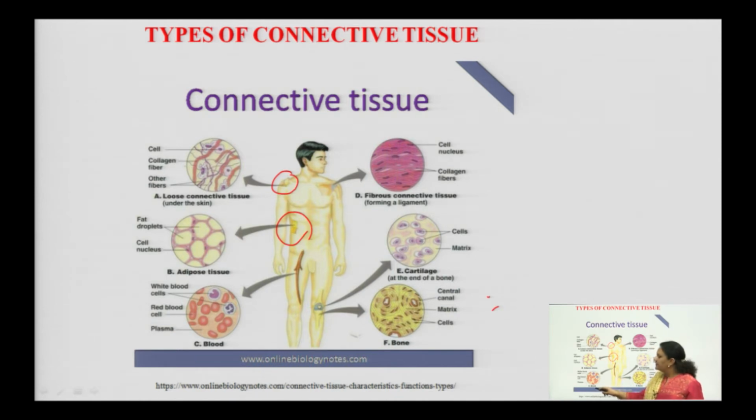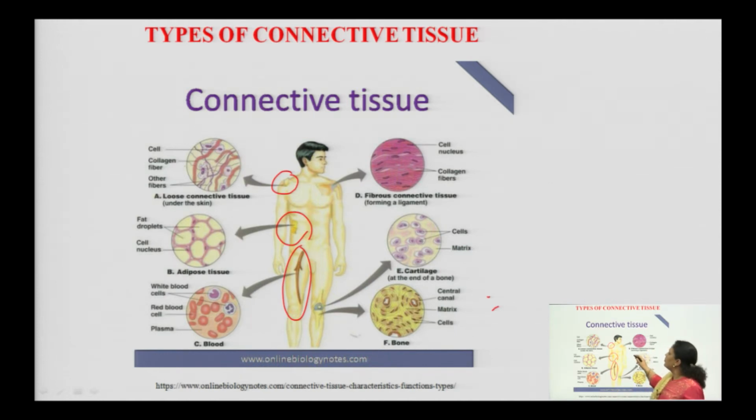After that, the third type of connective tissue we have is fluid connective tissue. The example is the blood. So, we know about the blood. Blood is the fluid which flows throughout our body in the circulatory system, or we can say in the systemic circulation. See this diagram, the leg portion, these are the blood vessels, and see the diagram of blood. Here you will find the plasma, along with different types of blood cells, that is WBC and RBC. WBC stands for white blood cells, RBC is the red blood cells, along with the plasma.